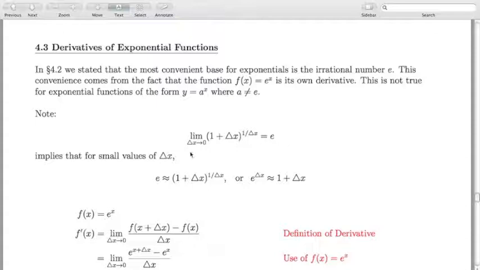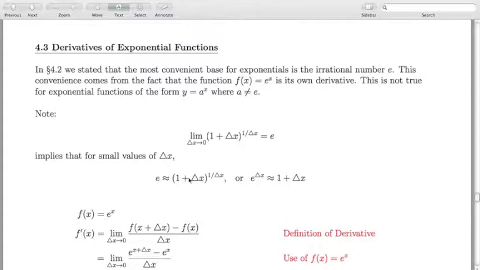So now this says that as delta x approaches 0, or in other words, for really, really small values of delta x, e is approximately 1 plus delta x to the power of 1 over delta x. Again, e is approximately 1 plus delta x to the power of 1 over delta x. But then if this is e's approximation, then e to the power of delta x is going to be approximately